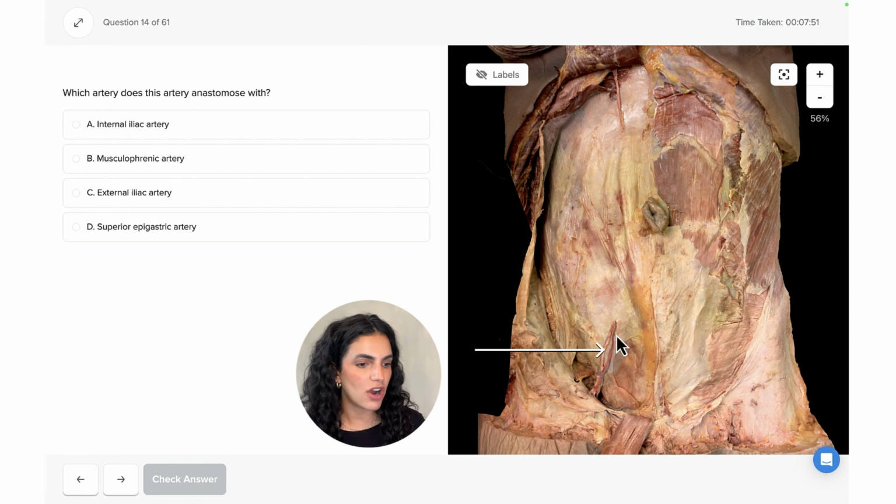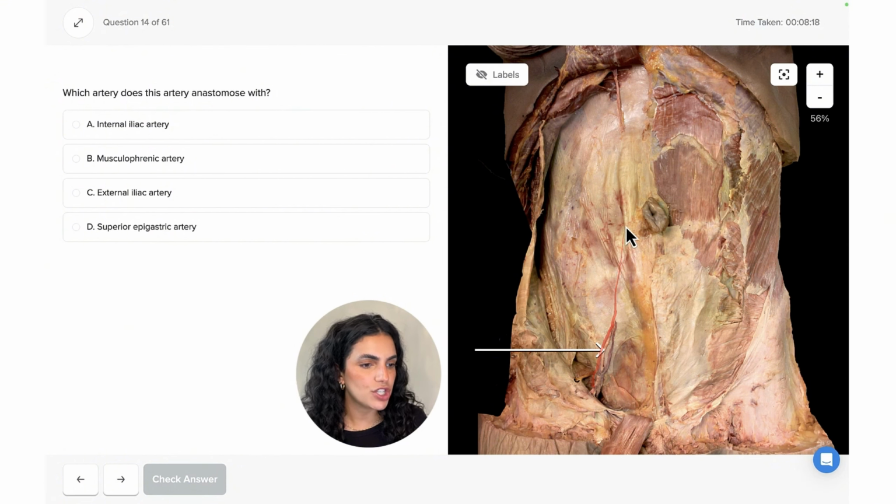Hesselbach's triangle is a weak point found along this area of the abdomen, a weak point within the abdomen where hernias can occur. So the inferior epigastric artery and vein both provide a landmark for us to find the lateral border of that triangle. The inferior epigastric artery will continue to ascend along the anterior abdominal wall within the anterior rectus sheath,